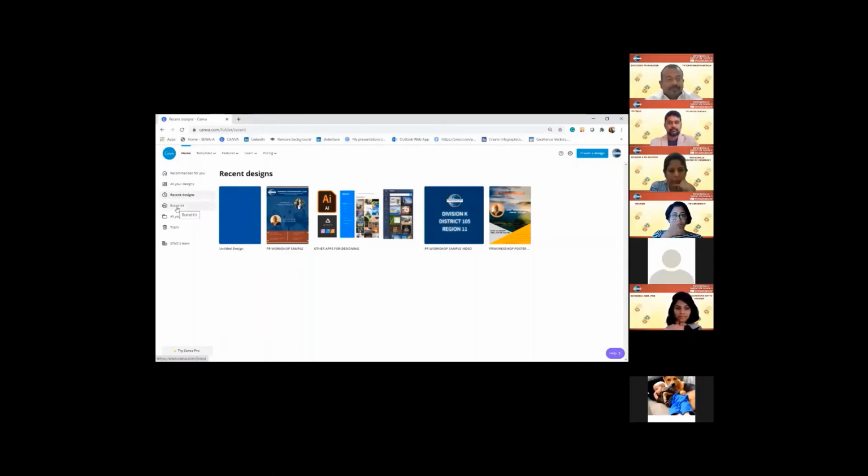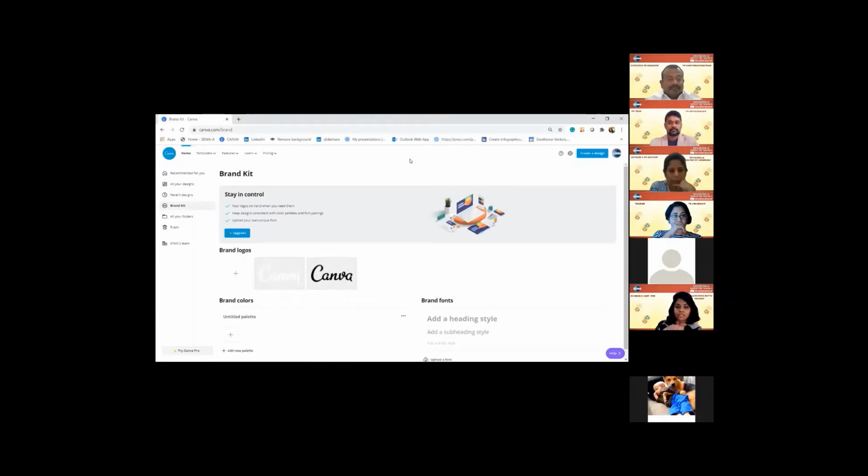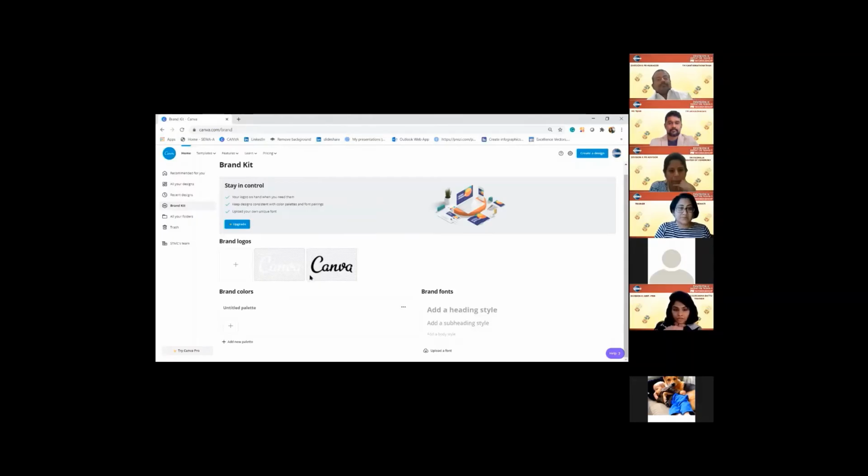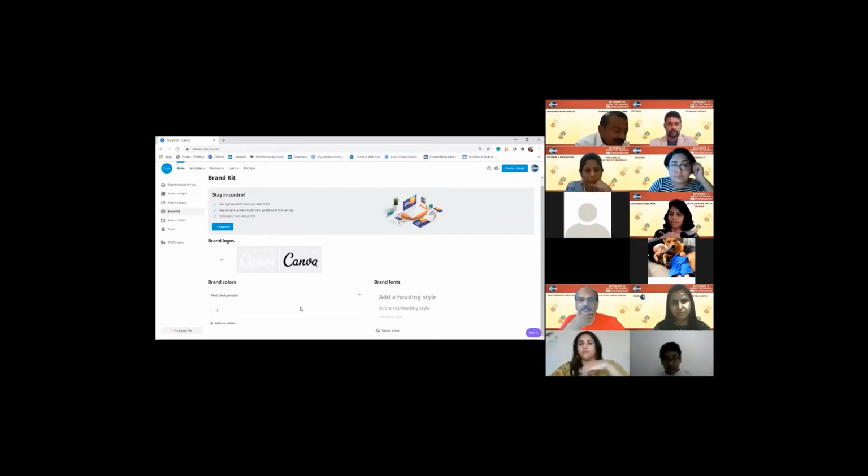Next comes brand kit. As Toastmaster Arundhati has covered a lot about the TMI brand, I would only talk about a few things over here. First thing we can do is brand logo. In the free version, you cannot upload the logo, but in the paid version, you can. But another nice feature in the free version is you can upload the palettes. Have you all landed on this page? If yes, please give me a thumbs up, so that we can do the posters at the same time when I'm speaking.